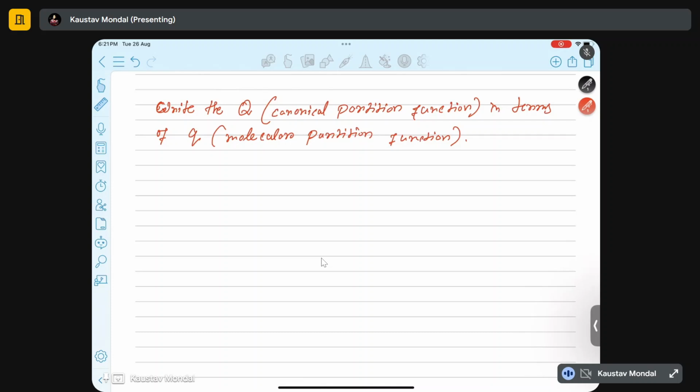That will be our first job to do. So write my canonical partition function capital Q in terms of molecular partition function q. So in order to do that,